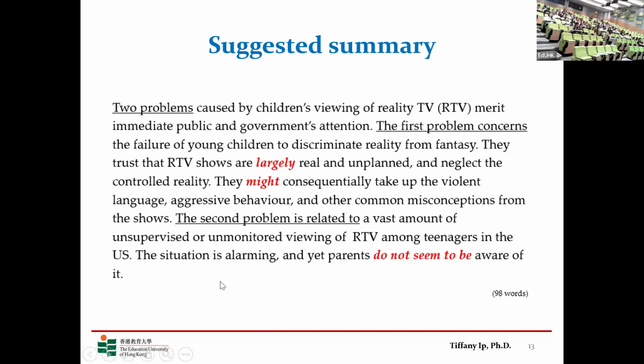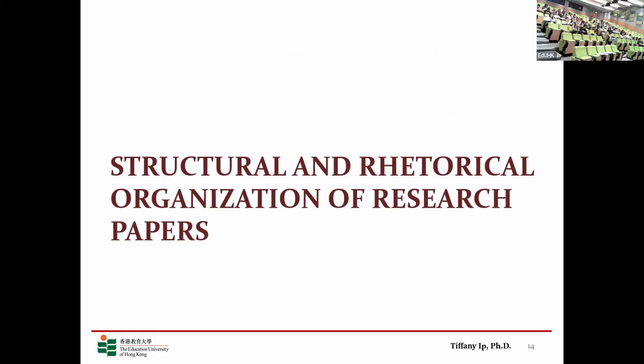And of course, you can still add a concluding sentence if it is relevant, since it's already around 100 words, so we stop it here. And this can already make one paragraph, like if you're writing on RTV and then you want to discuss the issues. So by using that, you're summarizing the arguments and then you use it. Of course, you need citations if it is a real case. So hopefully you have some ideas of critical reading and then how to apply them in your writing.